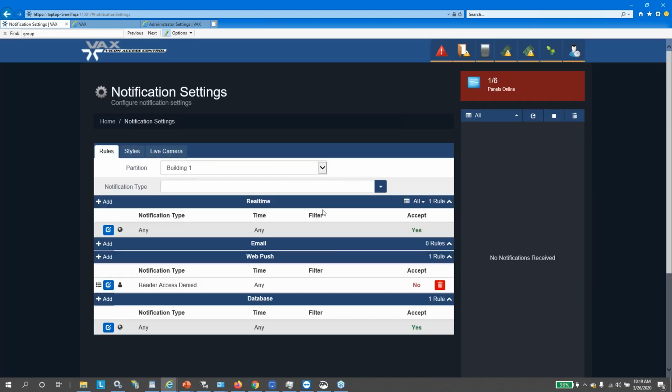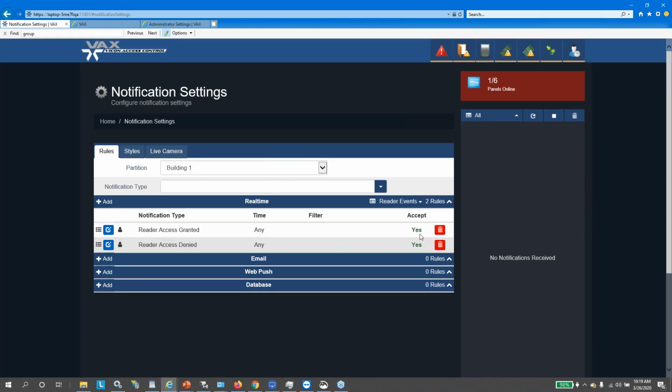So as an example, I have notifications here. I set up a group called reader events. So with the reader events here, I've created rules so I can get reader access granted and reader access denied. So anytime these rules are applied, then you'll see the notification for that. What I can do here on the notification side is, since I created this group called reader events, I can go to my sidebar here and choose that group called reader events. So now when I swipe my card,